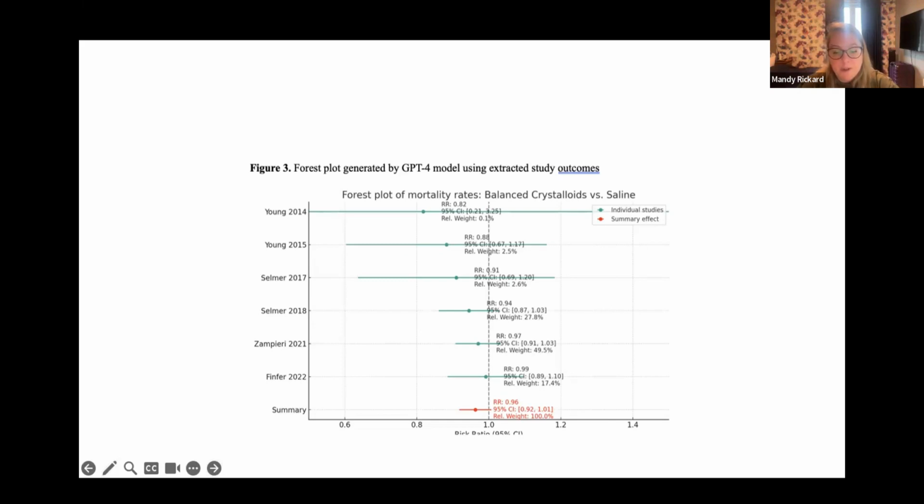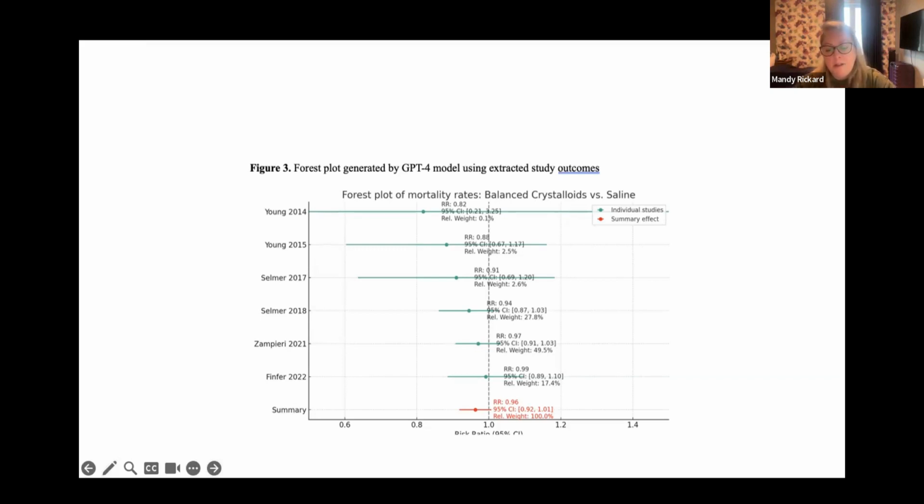is take a very well-known systematic review from the New England Journal of Medicine. We gave the PDFs of the included studies to our GPT model. We asked it to extract all of the relevant clinical information and study outcomes and to export it in the form of a table. And this table that was produced was identical to the table that was in the published systematic review. And then we also asked that it generate the forest plots, which it was able to do, which was also identical. And so what this is telling us is that this technology is available to be used.